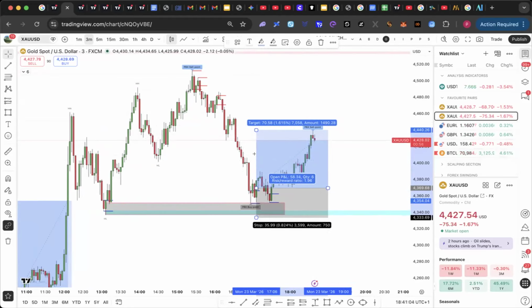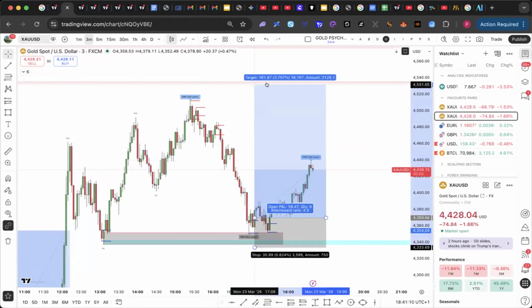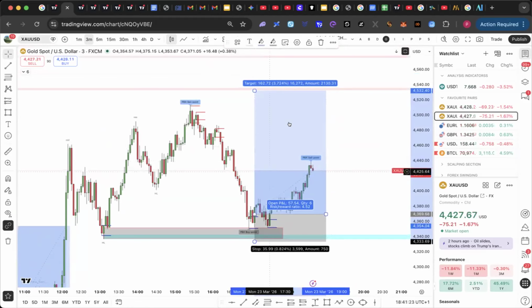So if gold is going to hit up to this point, that is 162.72. That's 1,627 pips. Oh, yes. So if you use 0.1, that is $1. So 0.1, $1 times 1,627 pips. That means you've done 1,600 and something. So then the same thing, this 35, 36, that is 360 pips, right? 360 pips. That means if you hit your stop loss, you have lost